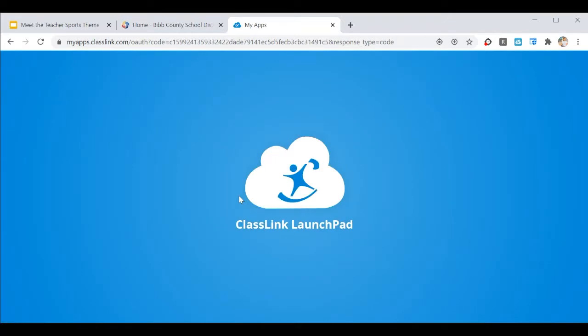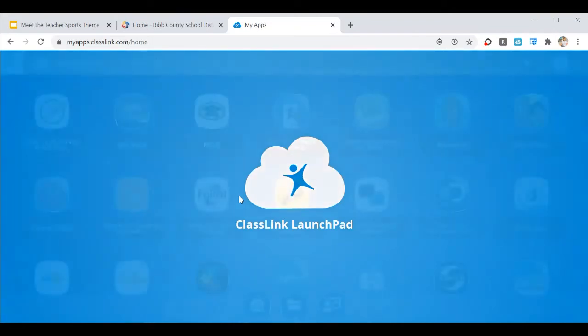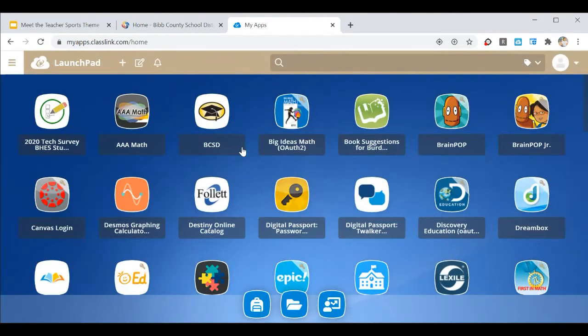So once you log in, you're going to see all the apps that your child has access to. But for today, we're going to be focusing on Canvas. So you're going to hit the Canvas button. It is a gray and red button.